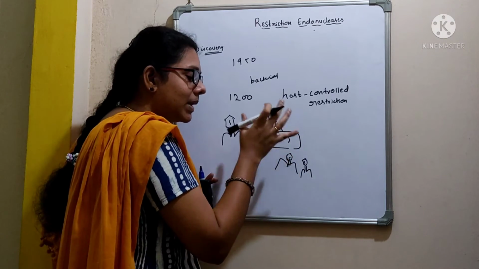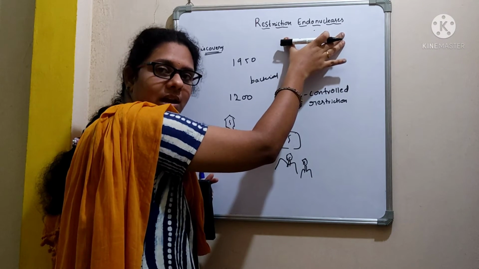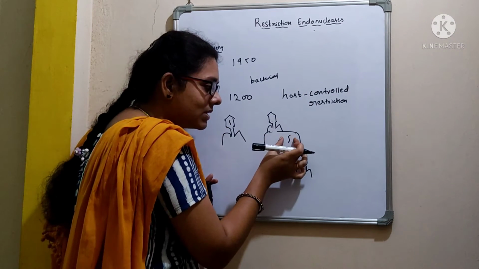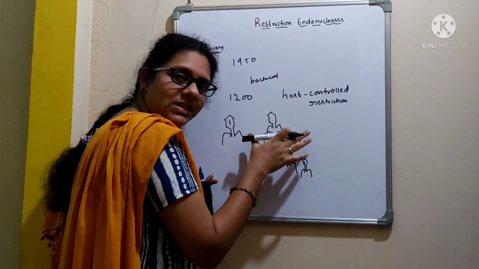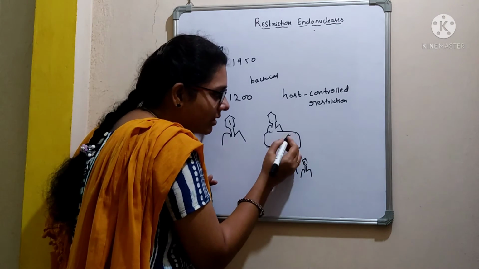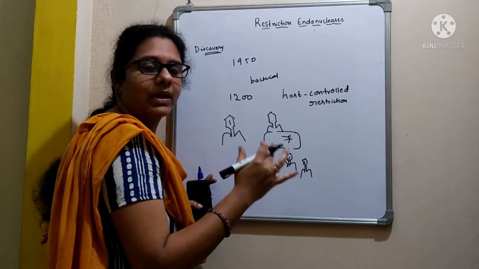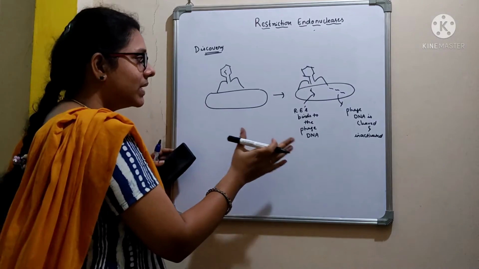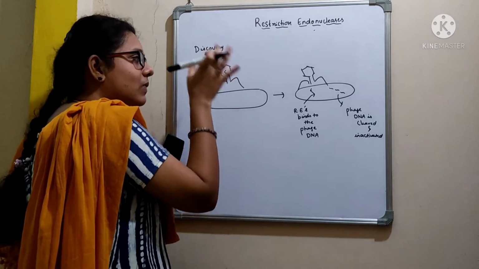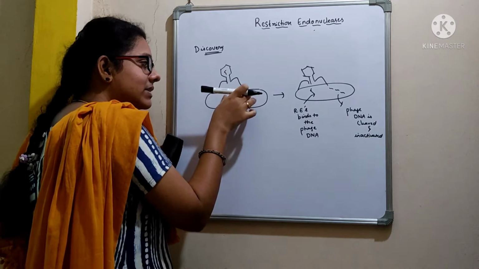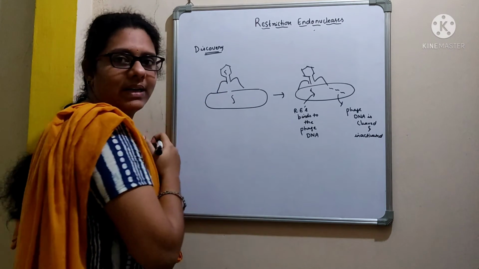But here people observed that bacterial species are capable of producing these restriction endonucleases. Whenever genetic material from the virus enters a bacterial cell, the bacteria which is capable of producing the restriction endonucleases is going to cut this genetic material into several fragments. I'll explain with the diagram. See the picture here. This is the bacterial cell that got infected with the bacteriophage. Once the bacteriophage gets attached to the bacterial cell, it is going to release the genetic material into the bacterial cell.